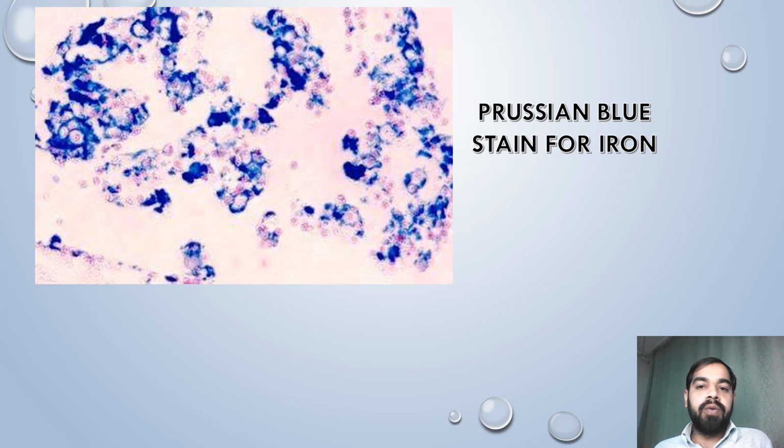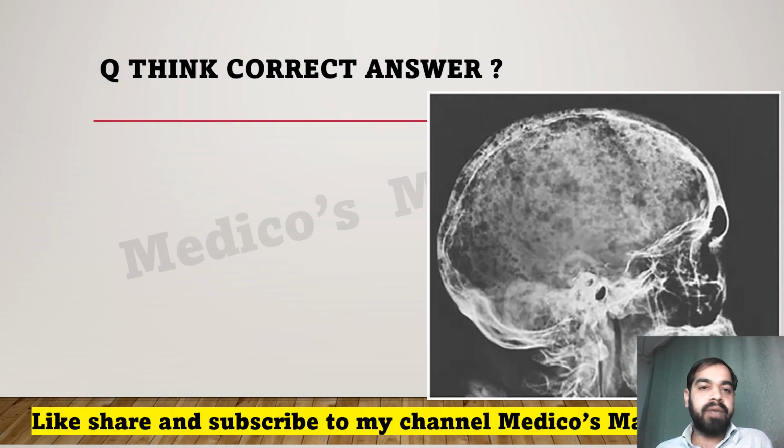And here we go, Prussian blue stain for iron. You can see these blue particles, blue areas are of iron, my dear friends. Here you can see, note down the appearance of iron. And here you have to think of the correct answer according to this image, what this image is representing,